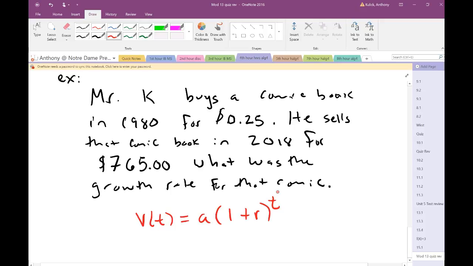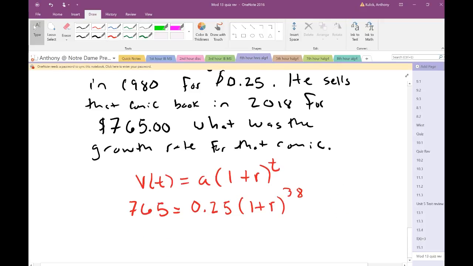And which quantity from this formula am I going to be solving for? R, right? Okay? So let's fill in everything else. What is my V of t? 765. My value for A? Yep, 25 cents or 0.25. And my value for T is 38, because there's been 38 years from 1980 to 2018. Everybody agree with that? Okay, to solve this, the first thing I'd want to do is